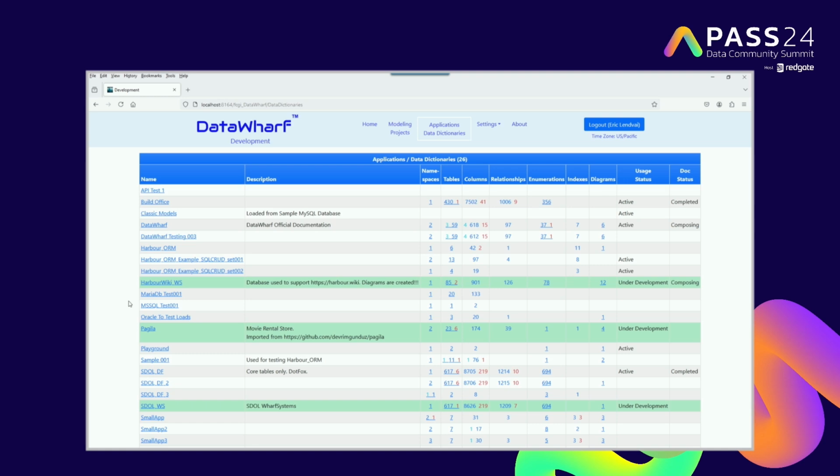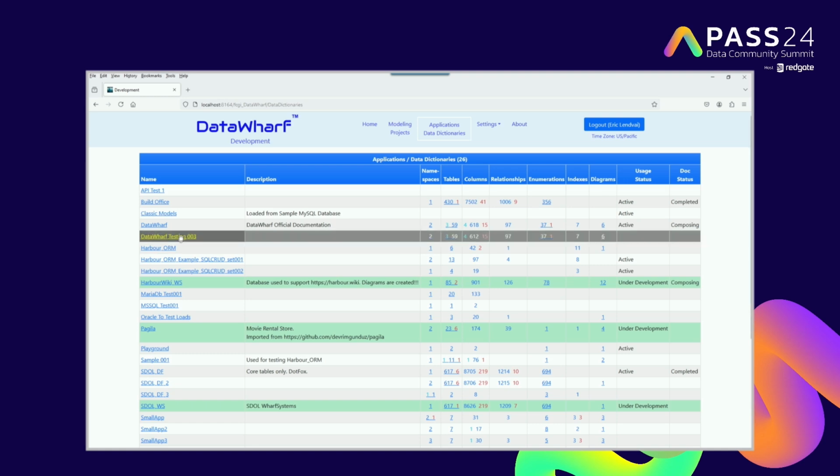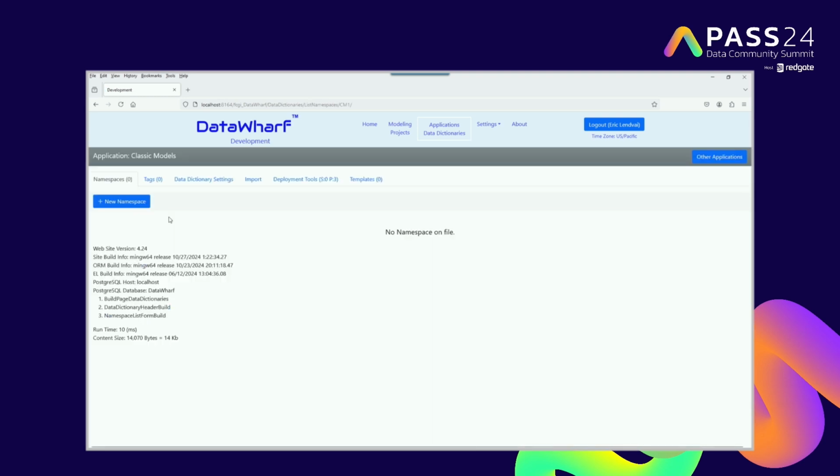about this, you create an empty database. You can call it DataWharf. Set up your Docker image, point to it, and DataWharf will actually create its own tables. I can show it afterwards if you have some time, its own schema, if you're interested to see how the modeling tool is used. Step one, we go to the